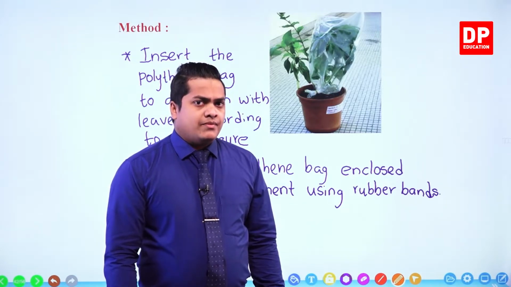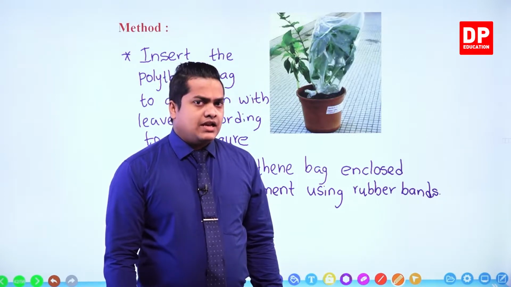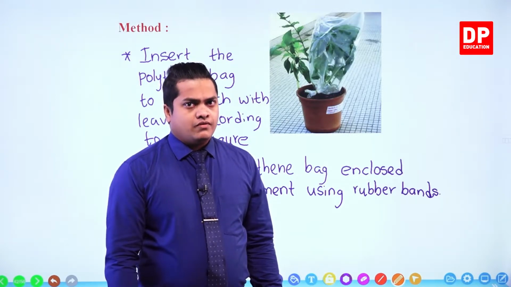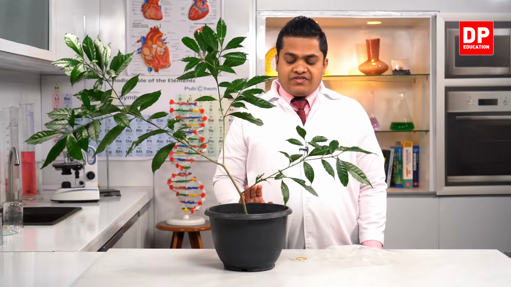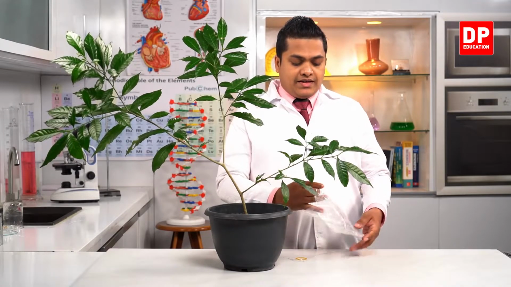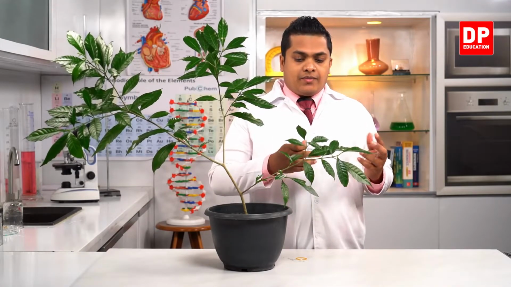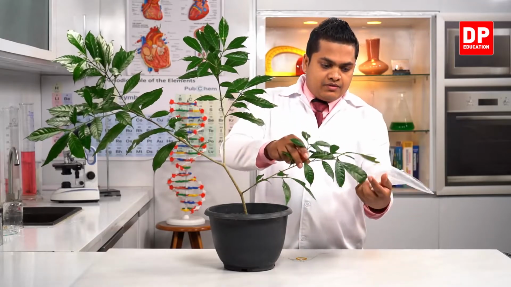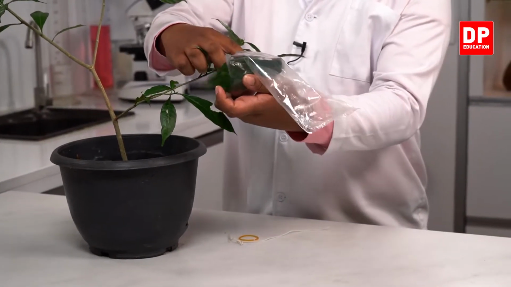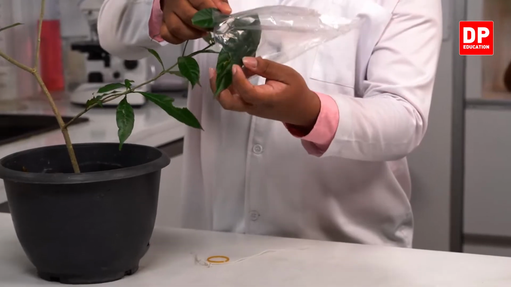So let's head on to the lab. We'll conduct the experiment and see what's going to happen when I enclose this system. Right, my dear children. Now, in order to show that transpiration occurs in a plant, I have taken a potted plant. Now I'm going to take this polythene bag and cover up one branch that has leaves